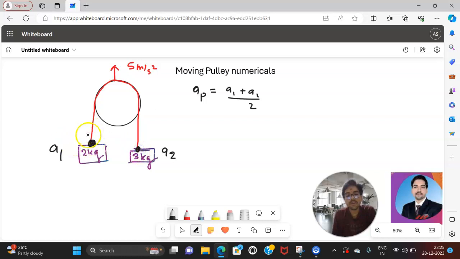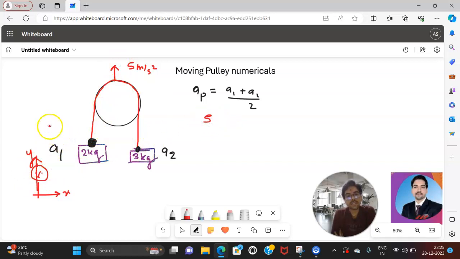Acceleration is the rate of change of velocity. So at what rate this end is moving up or down, wherever it is moving, it will come automatically. But A1 and A2 are the accelerations of the ends of the string. Clear? Now we will decide the frame of reference. This is my observer. I have decided this is my x, this is my y. Is it clear? Now, according to this observer, this pulley is moving up.